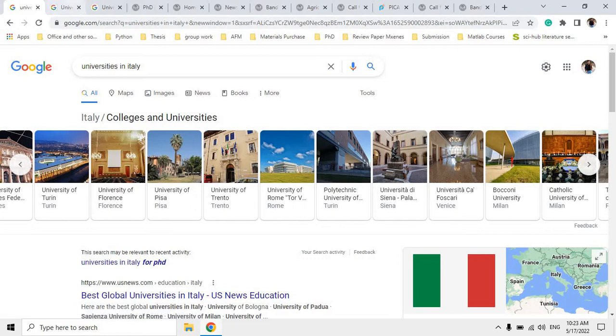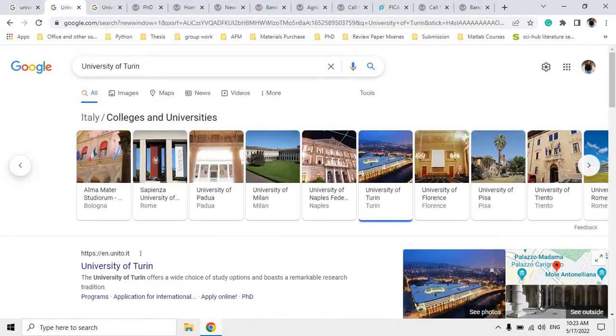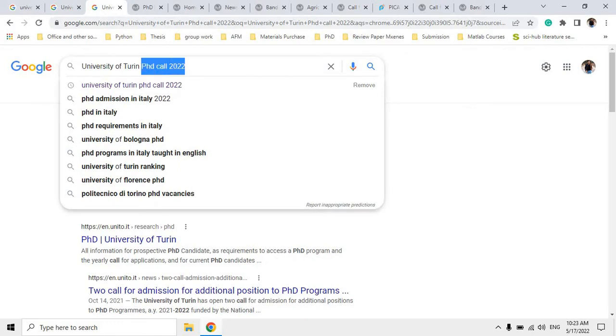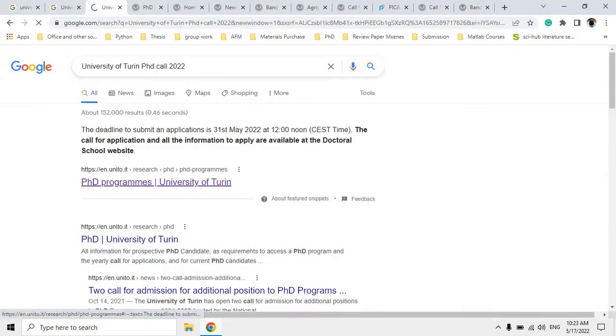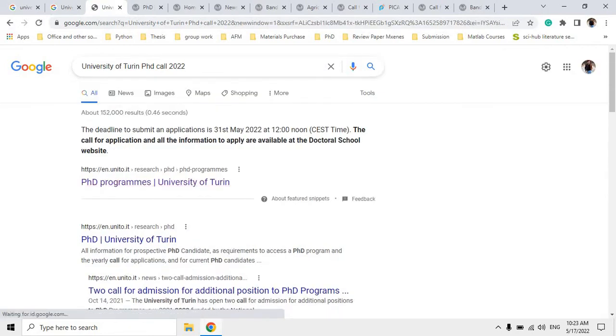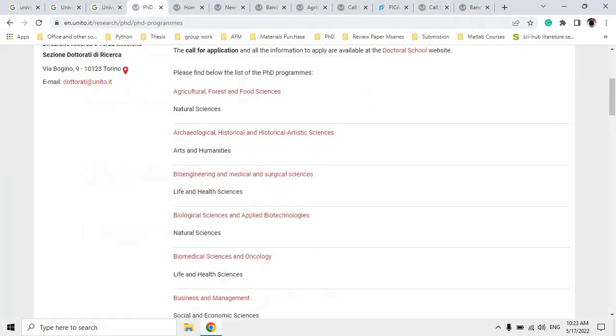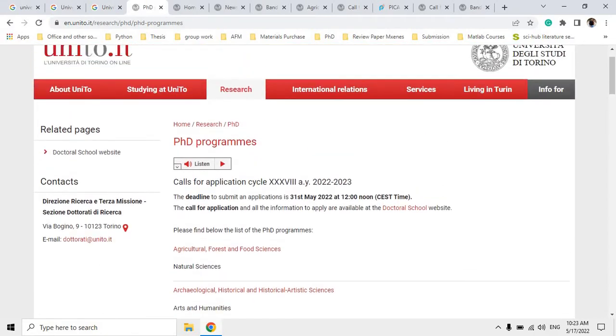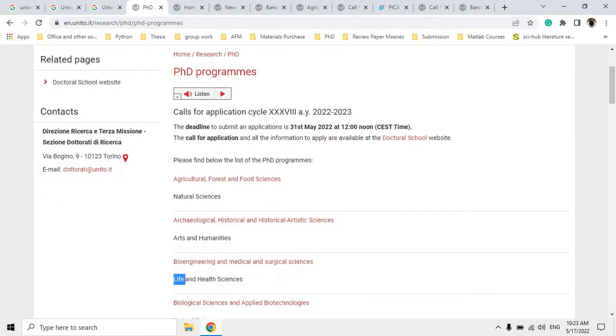To check this, we need to go to another tab and open the website of the university, and we just have to add a keyword like PhD call 2022. Once you click on this, there will be all the details of the PhD programs which are offered at the University of Turin. Here we can see a website which is listing all the majors